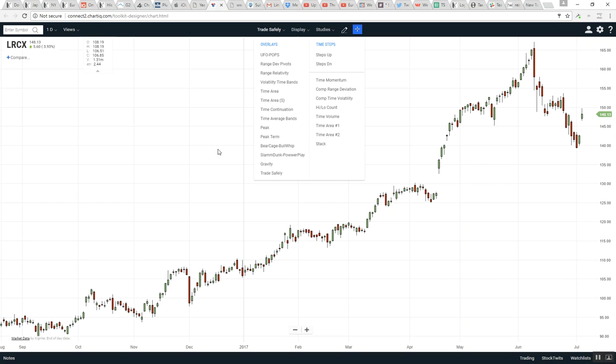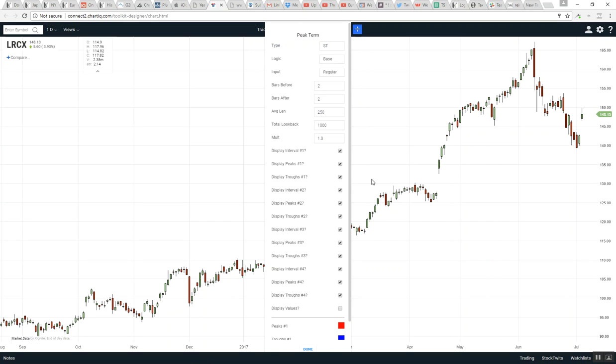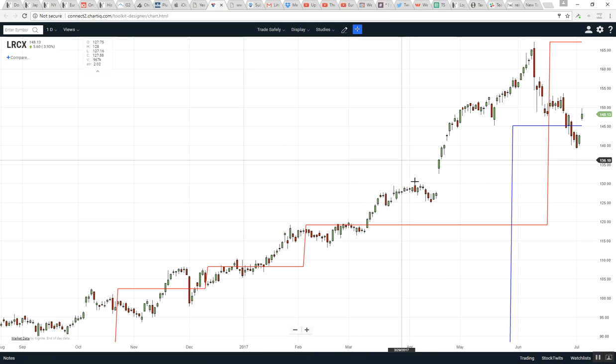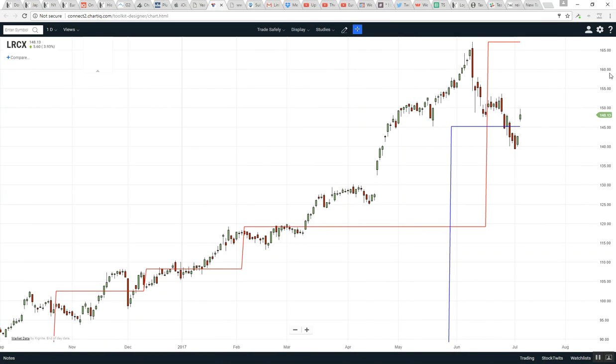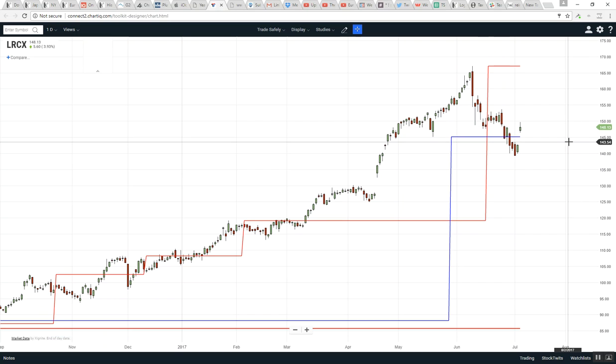So for us, typical setup first is to come into this peak term, and we want to click on long term, and then there's a couple of different types of ways that we qualify our support and resistance. First of all, this is expansion, so click on expansion, and then click OK. So what that's going to do is give you range-based support and resistance across different time frames, weekly, monthly, and higher, and it drops it back into your daily